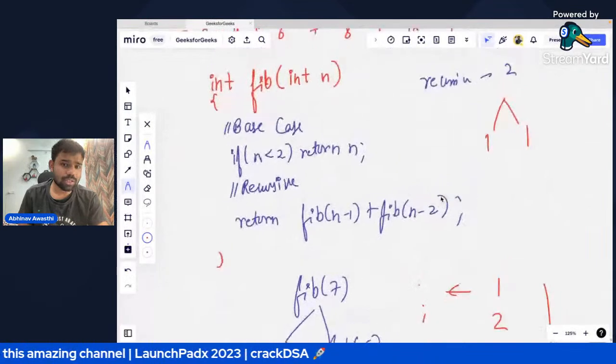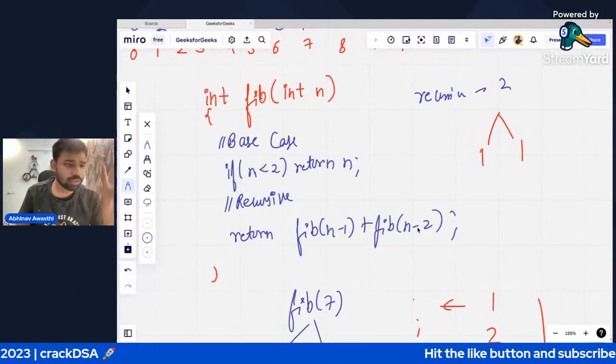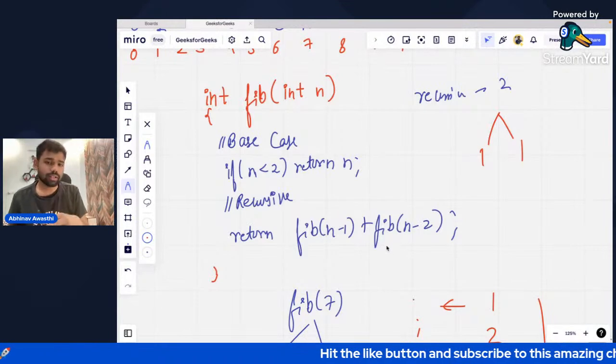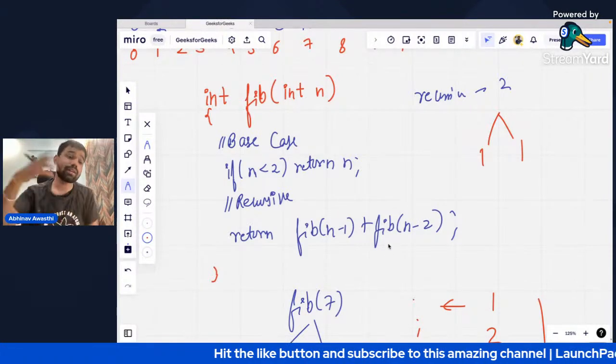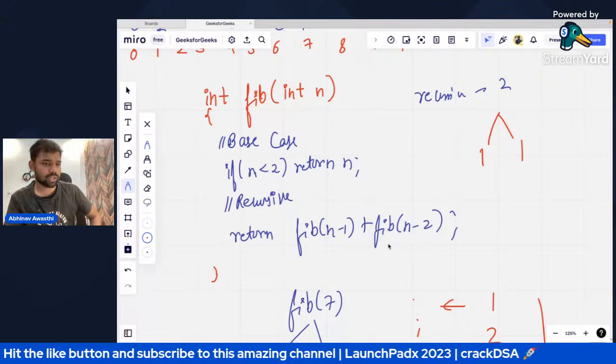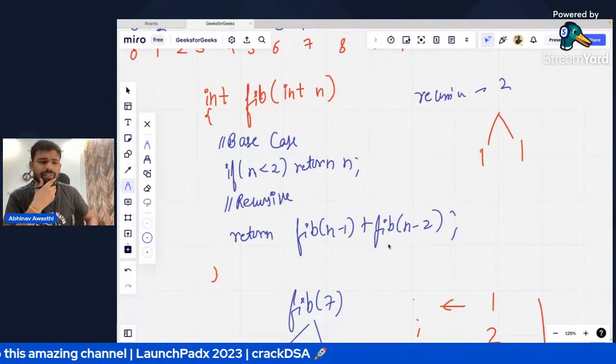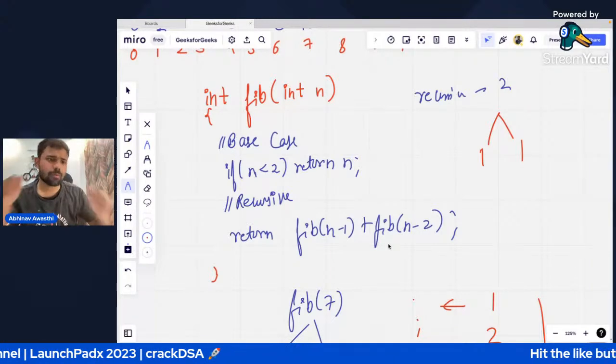So guys, remember this. There is a trick to understand the time complexity of these functions. If there are two recursion calls, it means 2 to the power n. If three recursion calls, 3 to the power n. As it is, it will increase. Only one recursion call means order of n, based on a value n, x or whatever. Okay. So that's the basic thing that we are having, because a tree-like structure will be formed.